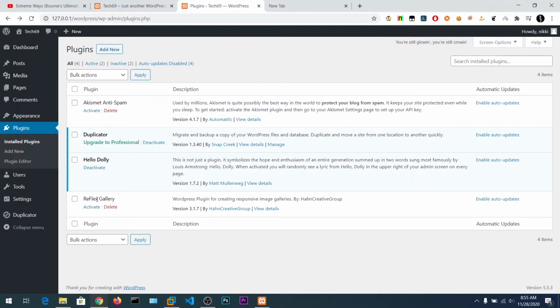I have activated some plugins here. Unfortunately I got an error on activating this Reflex Gallery, so I have activated these three. This one asked for an account, so I just don't care about this. The Duplicator and Hello Dolly were activated, and you can see it says you need to change the WP admin route to something else so that anyone could not find this dashboard. But we are just doing this for the pen test, right?